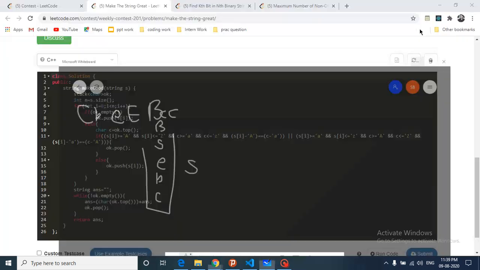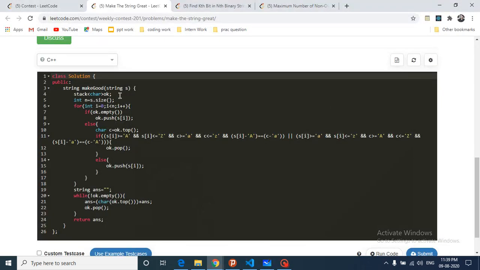Let's move on to the code implementation. Make a stack and then iterate from the first element to the last. If the stack is empty, you will only push the first character. Else, you will take out the top element and check if the current character is capital and the top character is small and both are the same, or the current character is small and the top character is capital and both are the same, then you will pop out the top character from the stack. Else you will push this character. After this you will print out the string. So that's the first question, which is pretty simple if you just implement the correct trick.